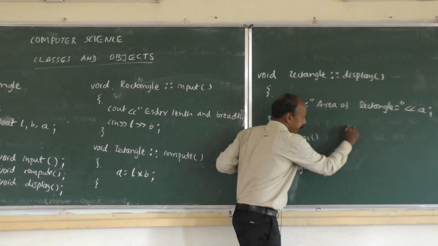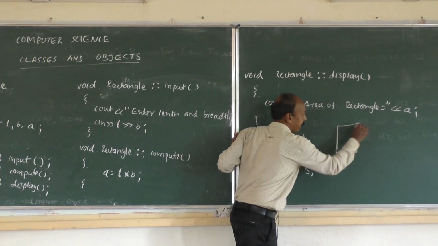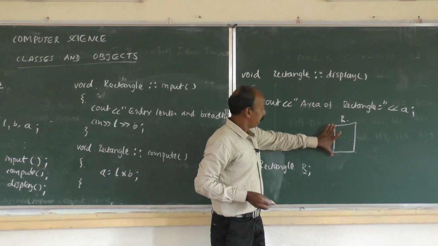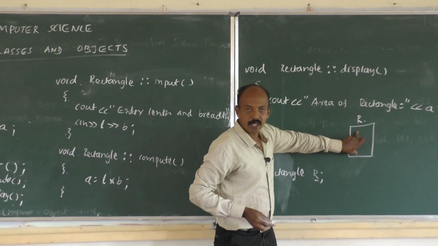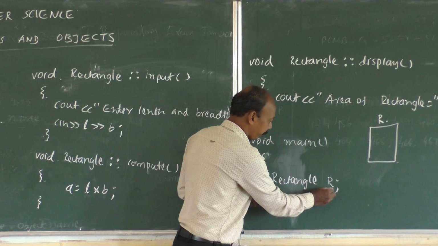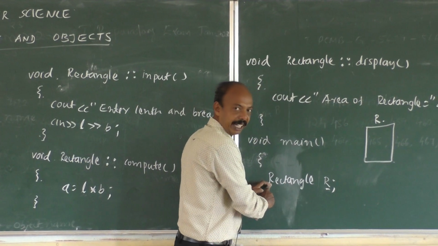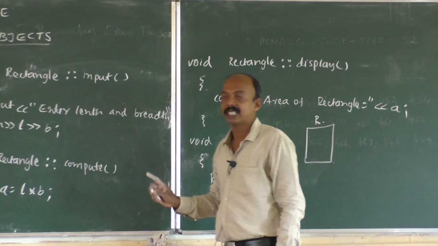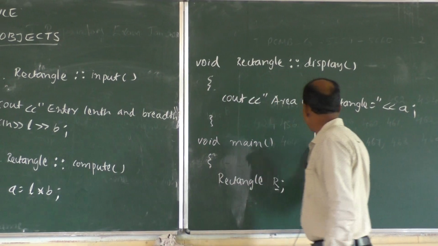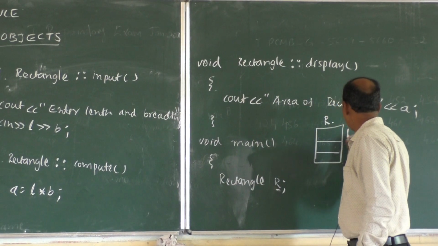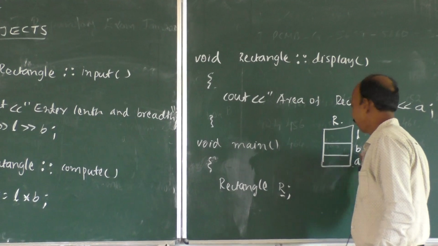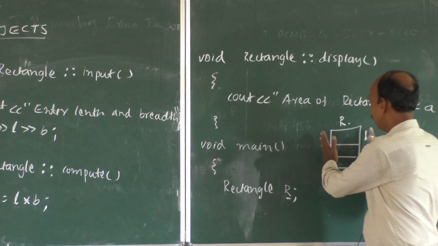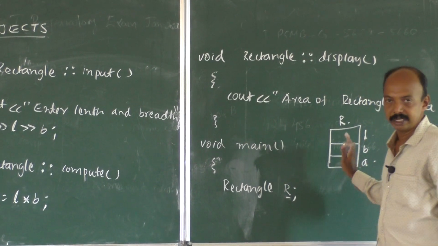Immediately an object R will be created. It's just like a box. Which are the variables of the object R? Because we have defined it for the class rectangle, we can note that we have length, breadth and area, that is L, B and A. So it will have L, B and A. Of course, the values are not inputted now. It will be just a box with empty values in it.